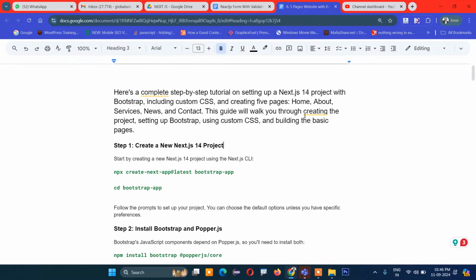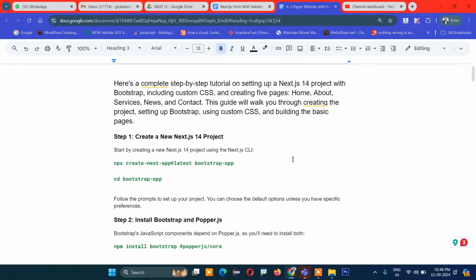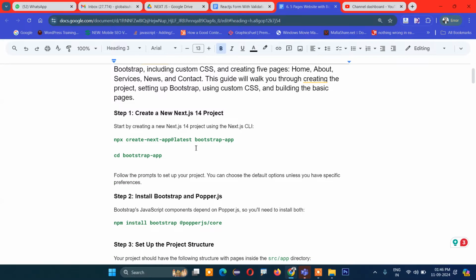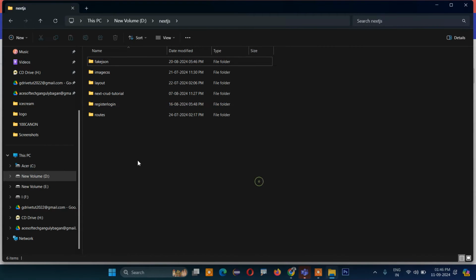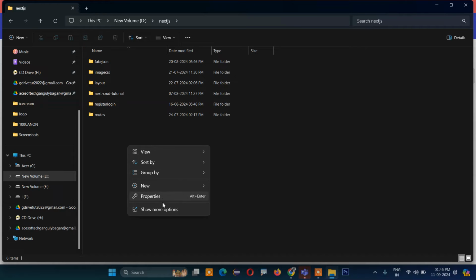We are going to use Next.js 14 in this. So what is the step? The first step is we will create a project called bootstrap-app. Okay, so let's do one thing. This is my folder, so I will open here